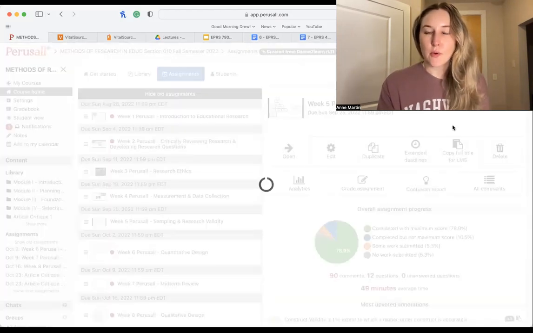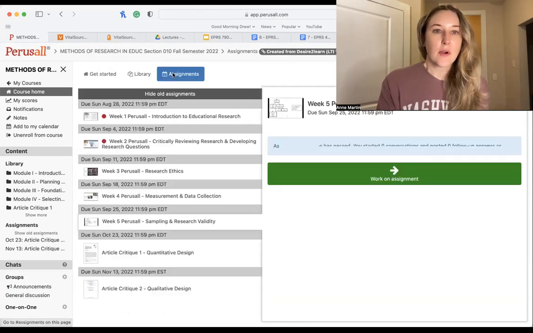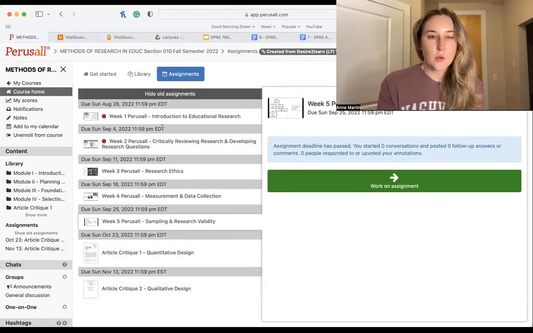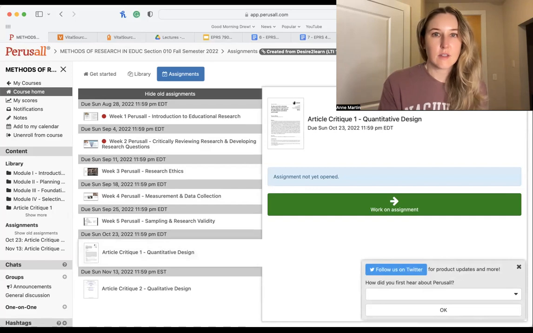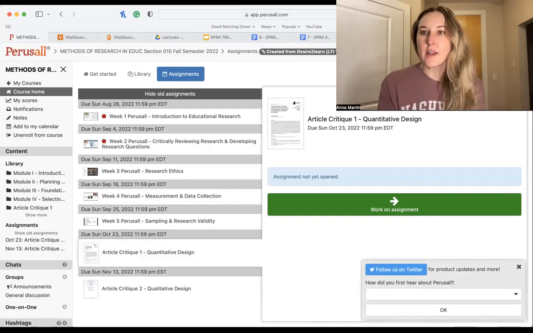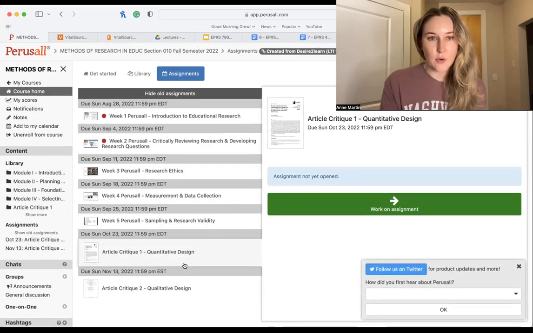So when you go to perusal, when you go to assignments, so you'll see library assignments, you will see article critique 1, and then you'll see article critique 1, and then you should see another one if it's been assigned to you.